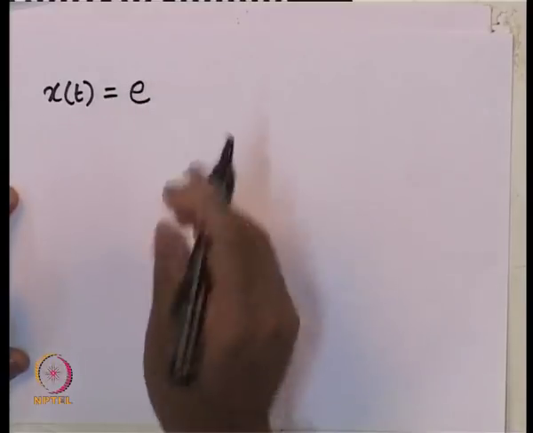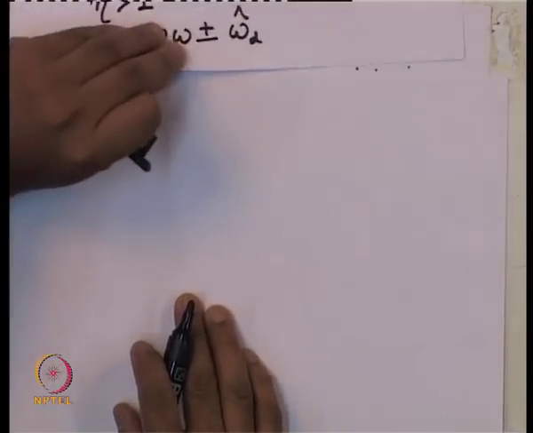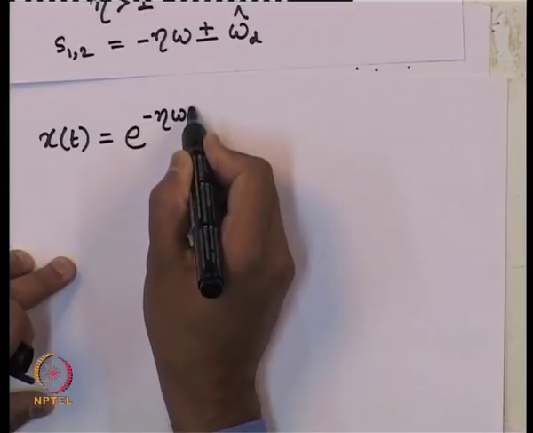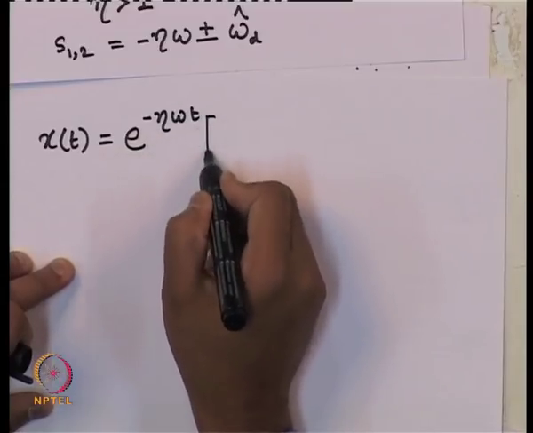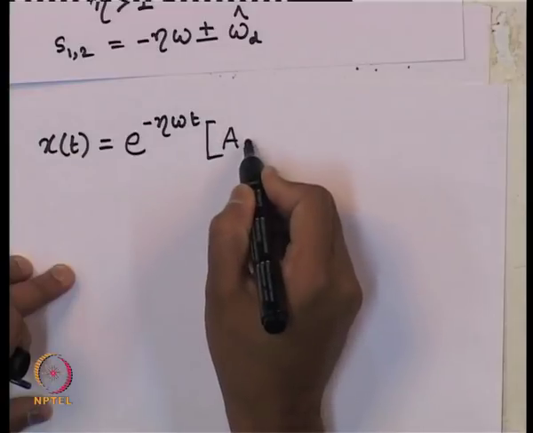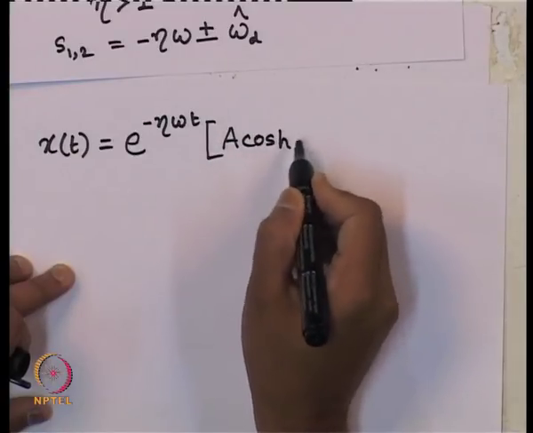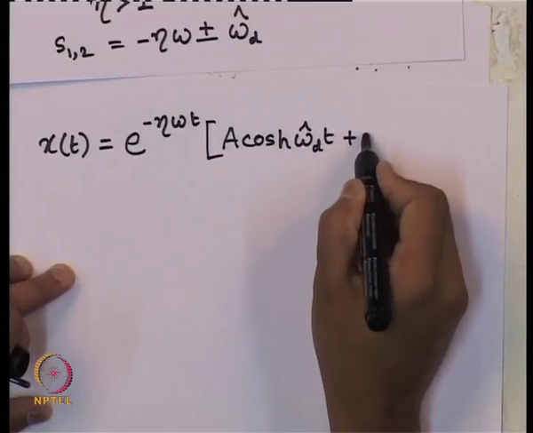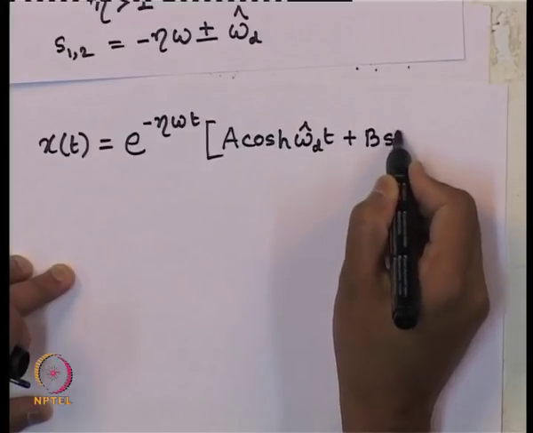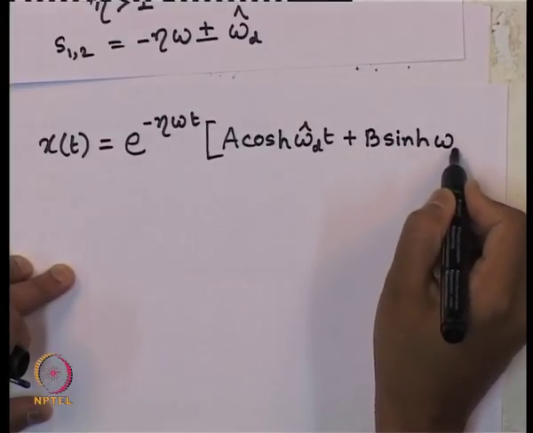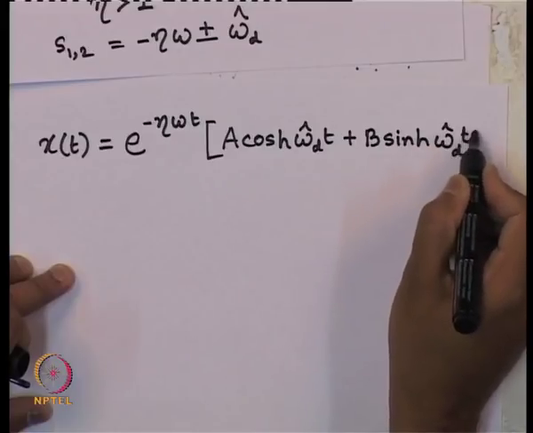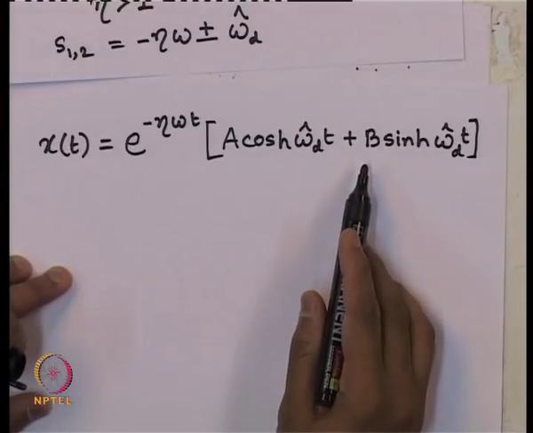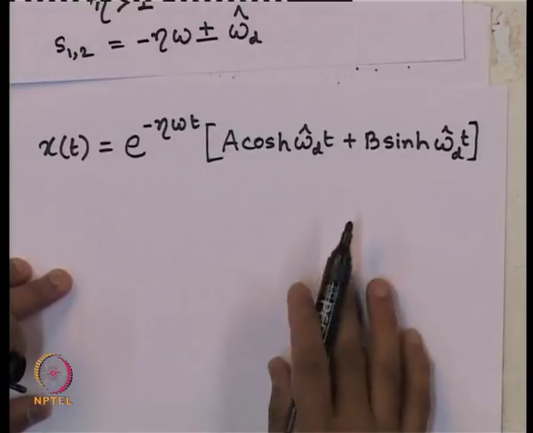So, e to the power minus eta omega t times a cos hyperbolic omega d cap t plus b sin hyperbolic omega d cap t. So, that is the complete solution, with a and b are 2 constants which have to be determined from the